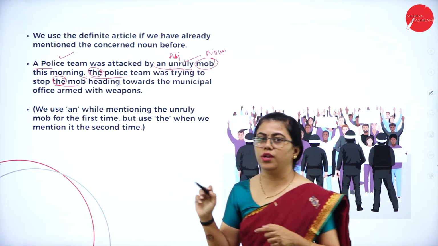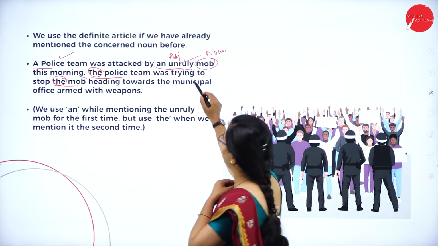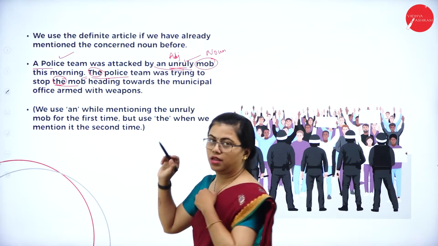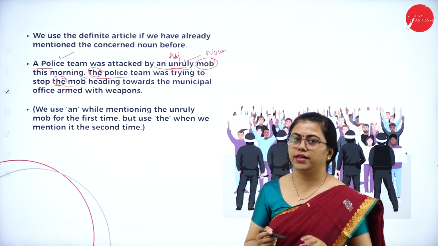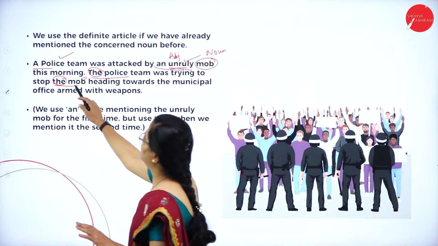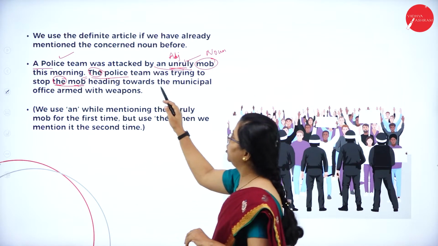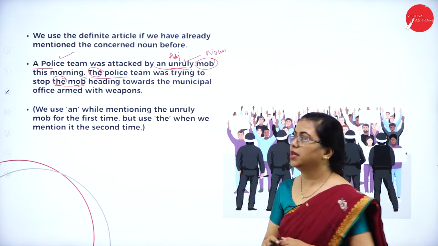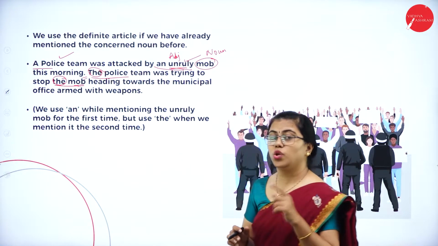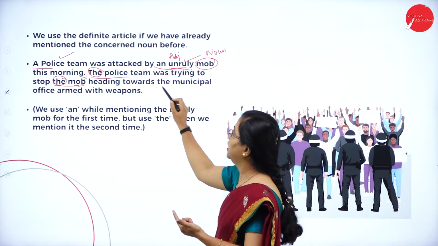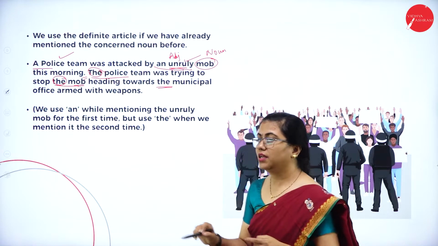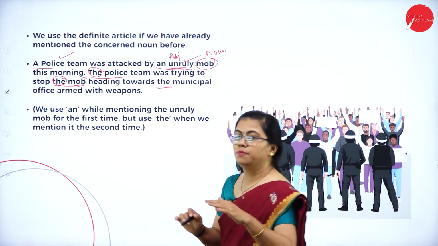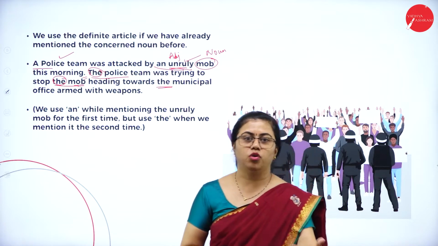Okay, so that is the noun and this is the adjective. So even if I leave the adjective, that's fine. Only if I refer to the noun, that is okay. So here I have referred to the noun: heading towards the municipal office armed with weapons. So here again you can see another definite article. Why is that? The municipal office means, by the previous rule we saw,